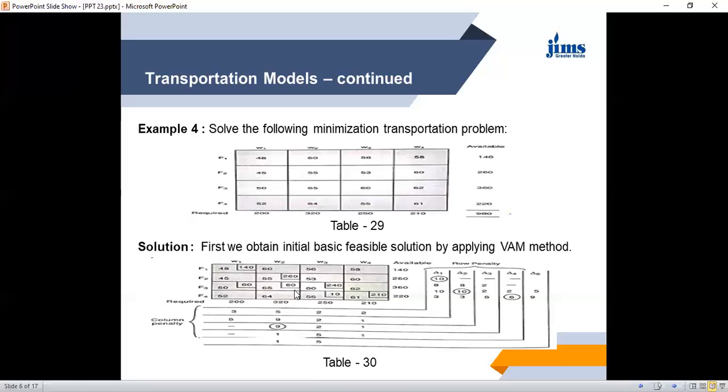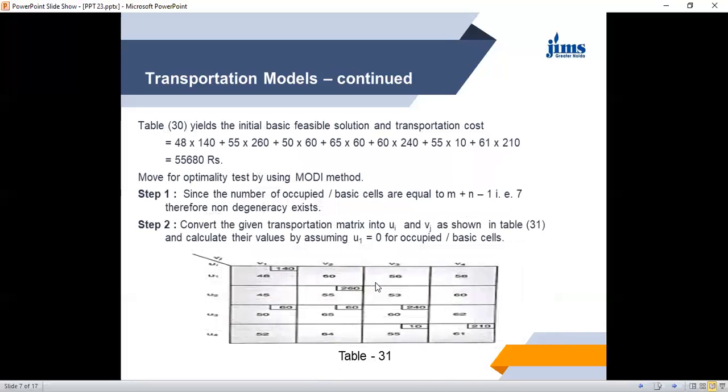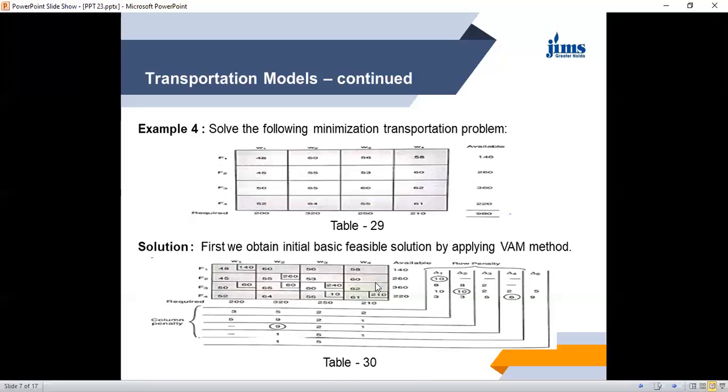So likewise, if we make all the allocations, we will find that the initial basic feasible solution is this one. This is the initial basic feasible solution. You solve it yourself, then you will get the solution. I have explained the method to you. So what is the initial cost? The initial cost of transportation is